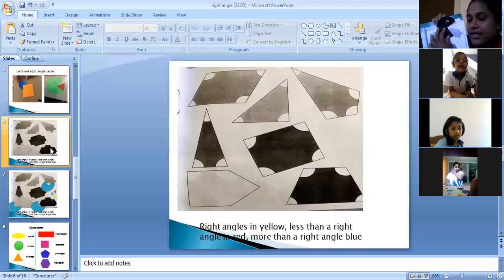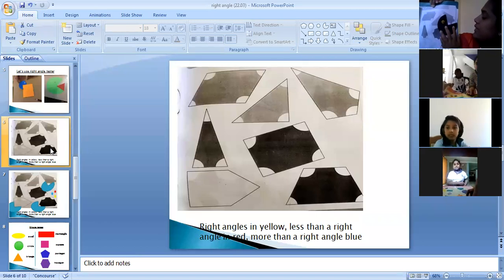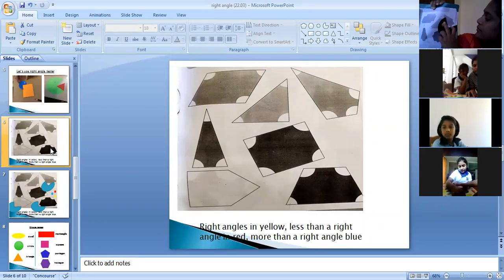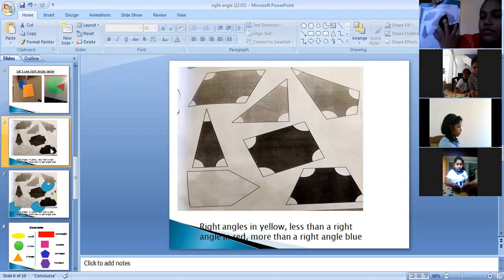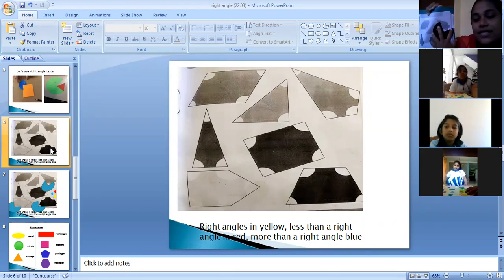Did you place your right angle test? Yes, teacher. Okay, now check this corner. Is it a right angle, or is it less or more? Place one side on your right angle test and check whether it is less, more or a right angle. Check and tell me. More than 90. Yes. If it is more than 90, we should color it in blue.